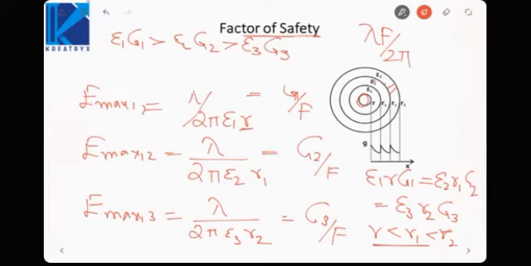Since the product must be constant, if AB is constant, if A is high, B must be low, or if A is low, B must be high. Since r is the lowest value, the other term must be the highest. So the dielectric which has the highest product of permittivity and dielectric strength should be placed nearest to the conductor. Which dielectric is nearest to the conductor here? Epsilon 1, and we see the product of epsilon 1 into g1 is highest. So the criterion is: the material with the highest product of dielectric strength and permittivity will be placed closest to the core.